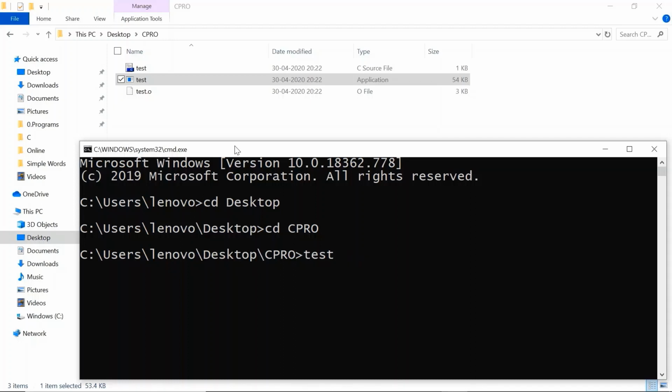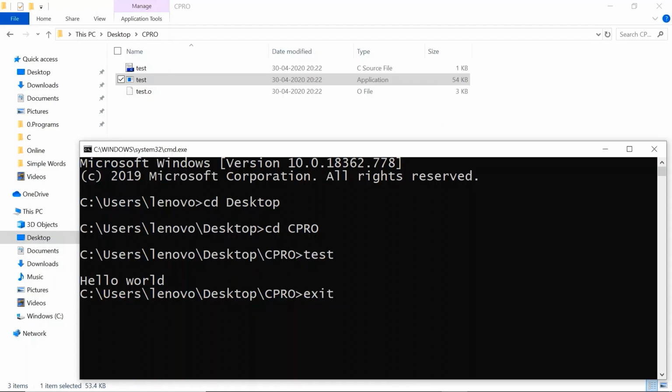Both are valid. If I hit enter, you can see the program is executed on the command line and you can see the output here, that is hello world. So this is how we can execute any executable code through command line.